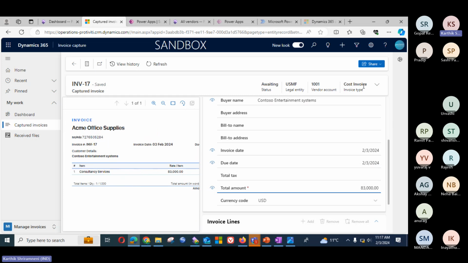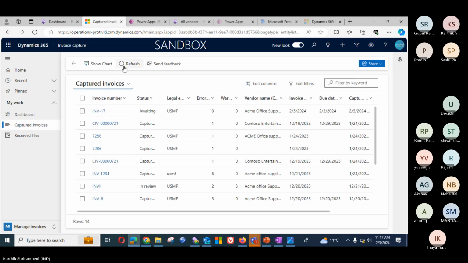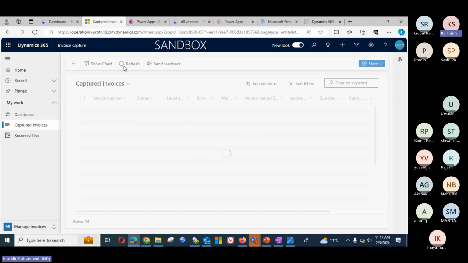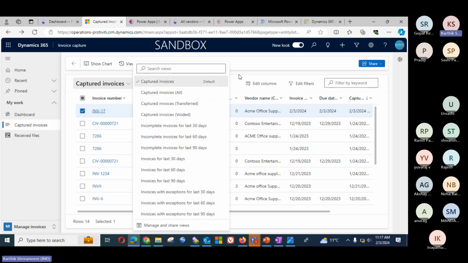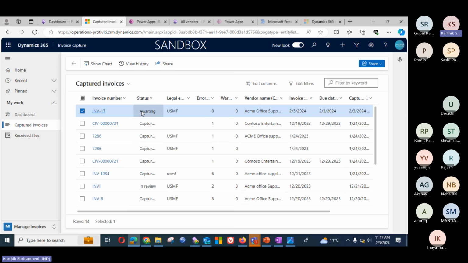the system is able to identify that this is a cost invoice. If it contains items and the PO number, the system will identify that this is a purchase order invoice. This is how it identifies. So the status is awaiting. It is getting created in Dynamics 365. I'll just go back once. I'll refresh this. Yeah, it's still awaiting, which means it is getting created in Dynamics 365. Once it is created, the status will change to transferred. By the time, I'll show you some more invoices which we have done,